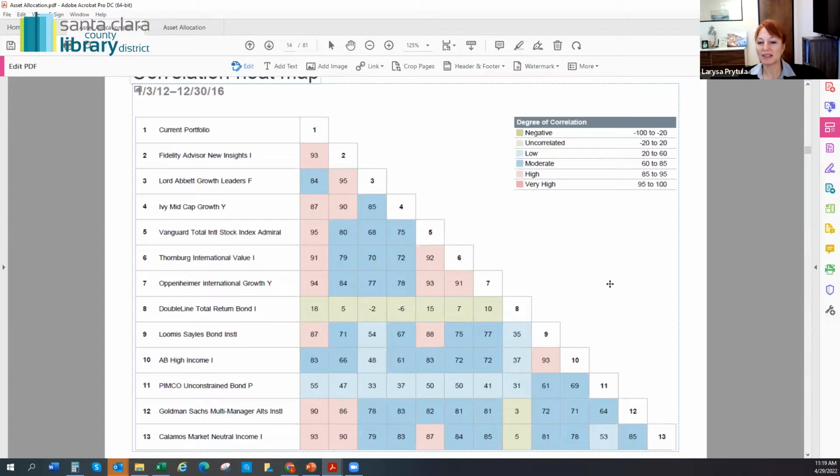But if we look at something like high yield bonds, the AB High Yield Income Fund, it has a very low correlation to stocks, meaning when stocks are doing A, bonds are doing B, so they're not related to each other. Why can this low correlation be a very good diversifier? Because when the stock market is going down, bonds have their own life. Even though year to date both stocks and bonds are down, they're down for different reasons. And because of that, bonds most likely will behave very differently than stocks in the future.